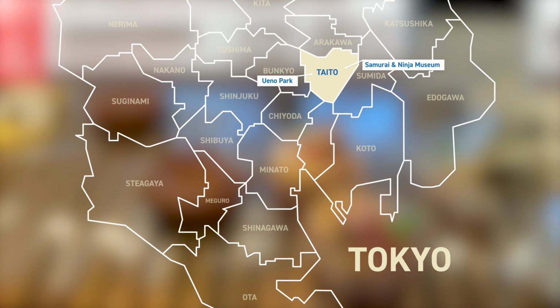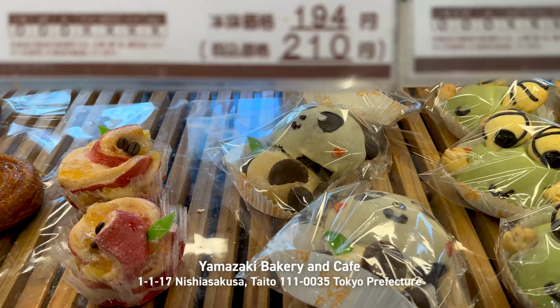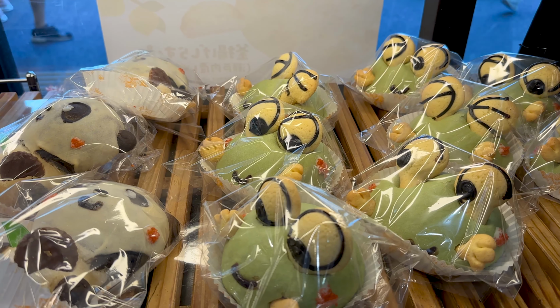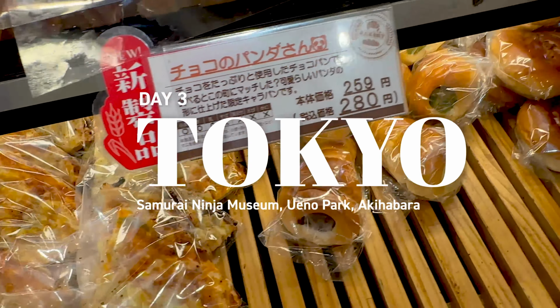Good morning from Yamazaki Bakery and Cafe in Taito. We are having a little breakfast before heading to the Samurai and Ninja Museum for a samurai sword cutting experience